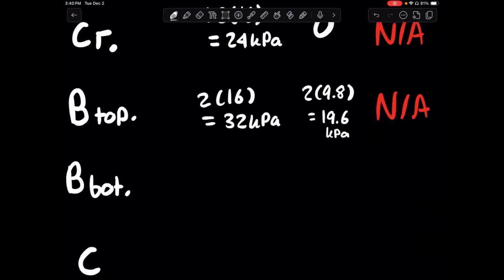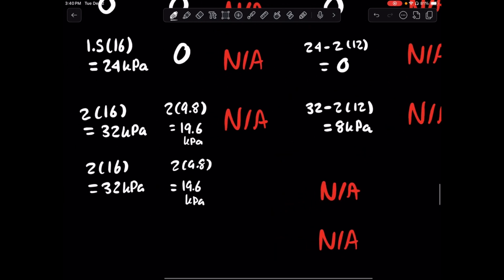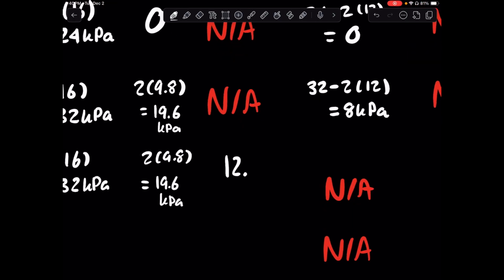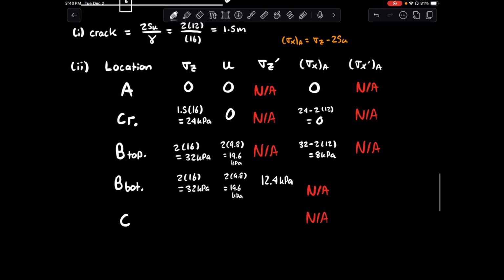So exact same calculations so far for the bottom part. It's just 2 times 16. That's 32 kPa. And then 2 times 9.8 is 19.6 kPa. But now we have an effective stress value. So what do we do? We do total minus pore water pressure. So 32 minus 19.6 is 12.4 kPa. And so what does that make our